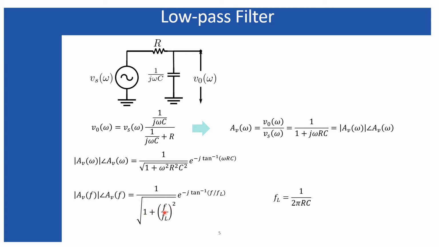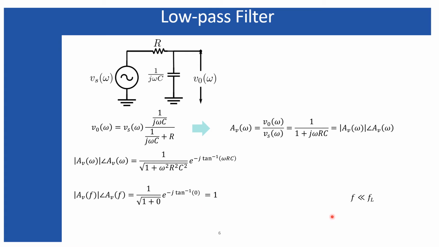And when f is increasing, that means the frequency of the input voltage source is increasing, how the gain is changing you can find from this expression. When the frequency is increasing and it is less than fL, the cutoff frequency of this low pass filter, then the output, or the gain, is decreasing. You can see that from the next slide.